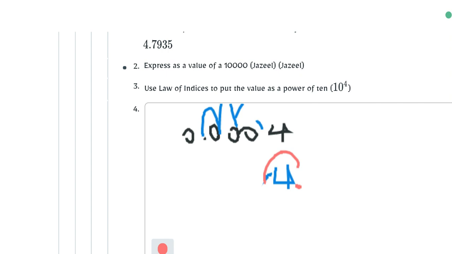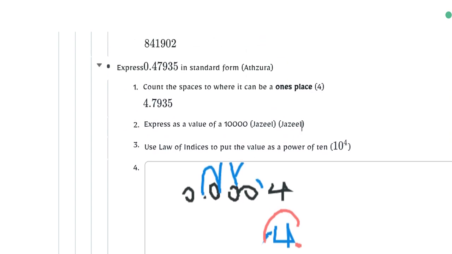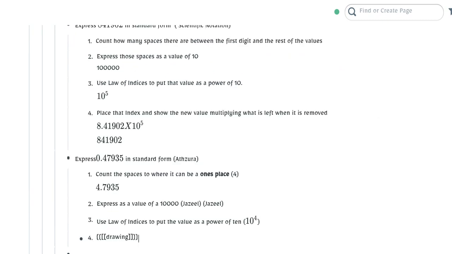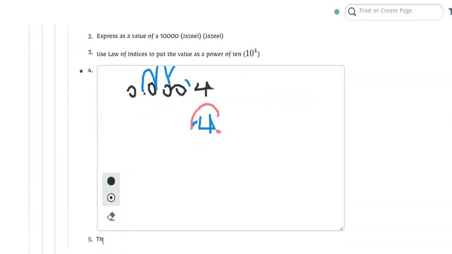Because it's very important that you realize if you have a small number such as 0 point something, the decimal point is moving to the right, so that would make it a negative. If it was a large number and it was getting smaller, you would just put it as a positive. Let me write that step again. So here's the most important step to standard form. Let's write it before we continue. So we're going to say the most important step to standard form